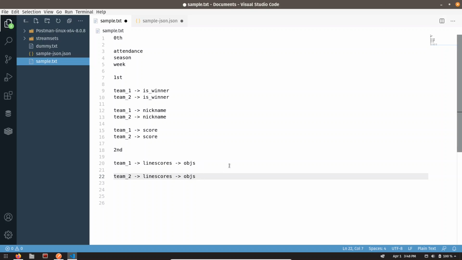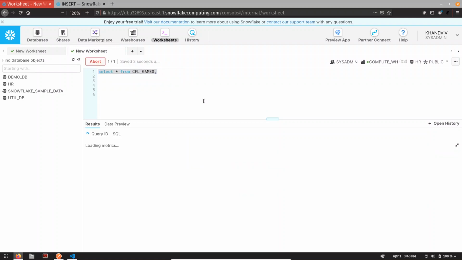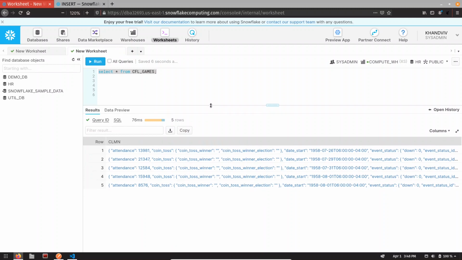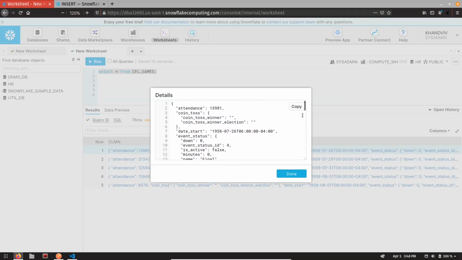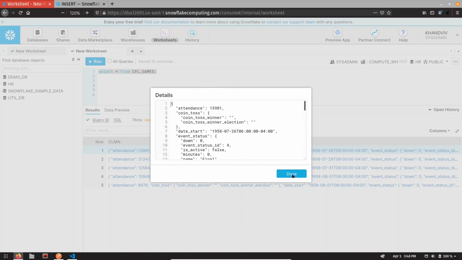So let me show you how we can extract these elements from JSON in Snowflake. I have one table, CFL games. In this table we have added 5 such JSON objects. You can see it is the same JSON object which I showed you in the VS Code editor.